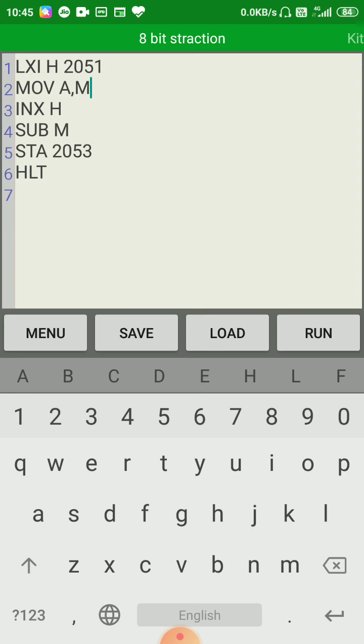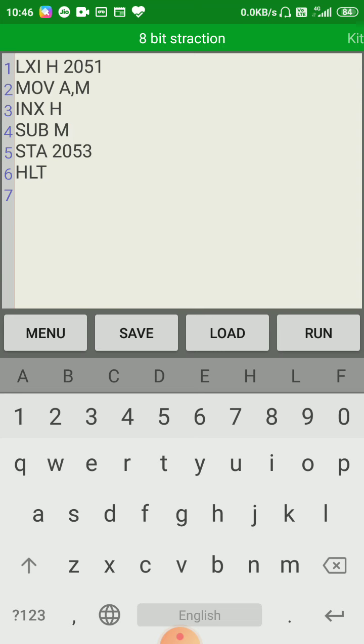When you moved memory to accumulator, the data associated with 2051 was already in accumulator, and the next number we took from the next memory location by INX H, that is data from 2052, and then we subtracted data of 2052 from the data stored in the accumulator.